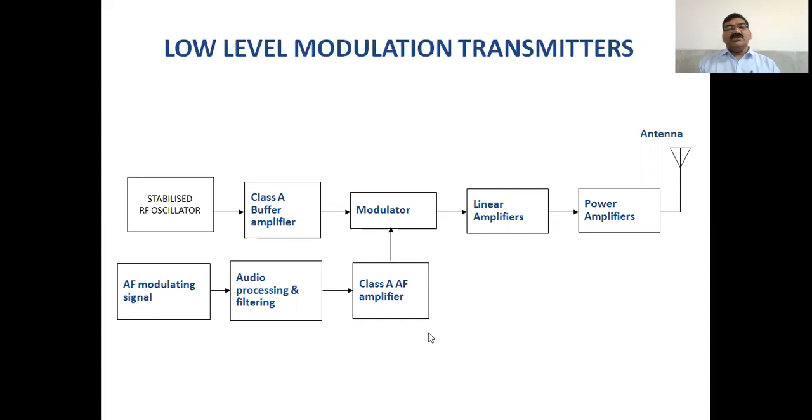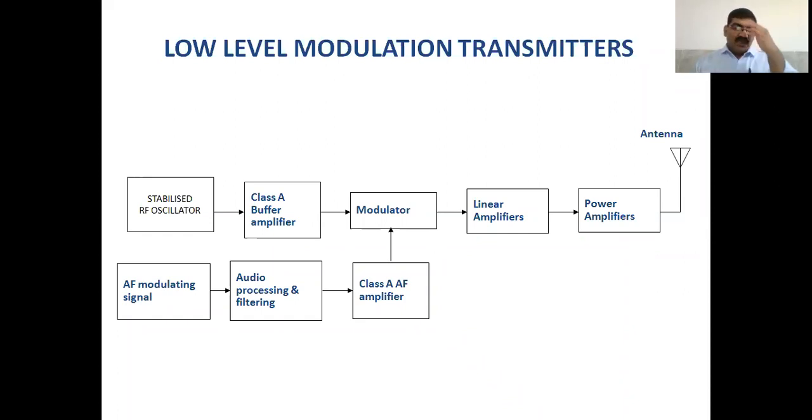So it should be suitable for this frequency. That's why the design of this class A amplifier is for 20 hertz to 20 kilohertz. Accordingly, the design of this amplifier for the carrier and this amplifier is different, based on the frequency. As you might have designed some amplifiers in your electronic device circuits, they are frequency dependent.